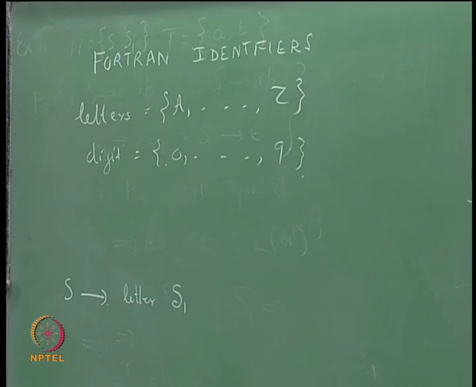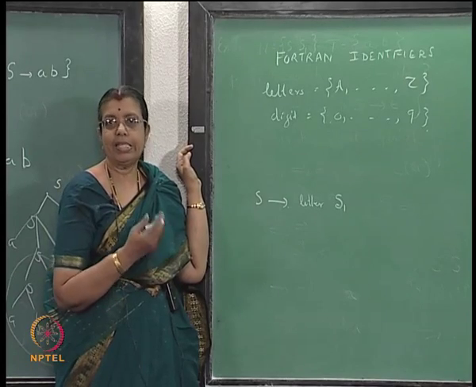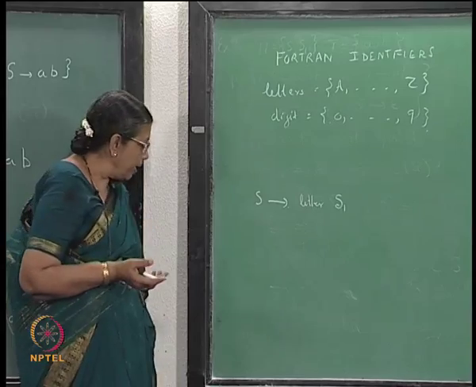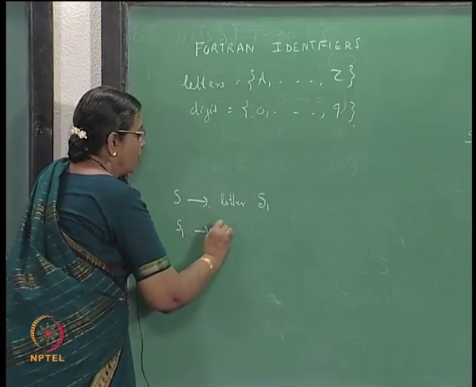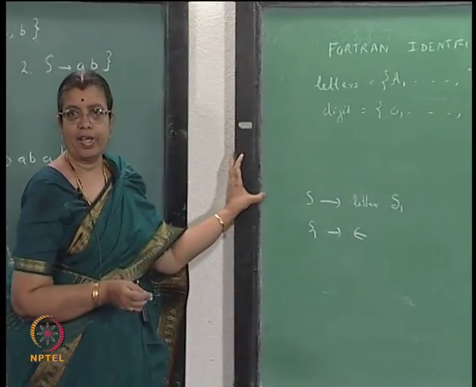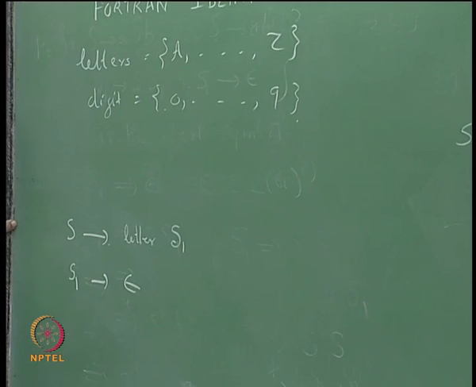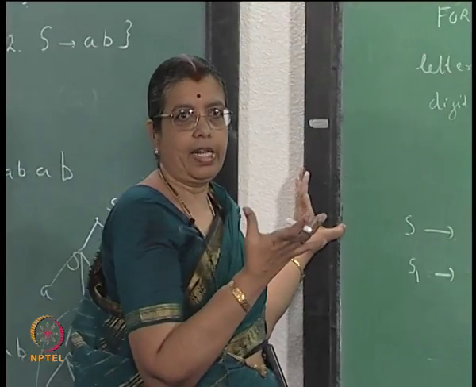Okay. You can have a rule like this, letter should take all possibilities A to Z. That means 26 rules will be there. And then S1 goes to epsilon you can have, which would mean you just have an identifier A, C, X like that. Now, you can have an identifier with 2 letters, second one can be a digit also, you should allow